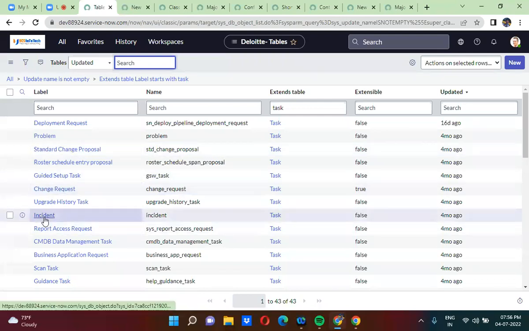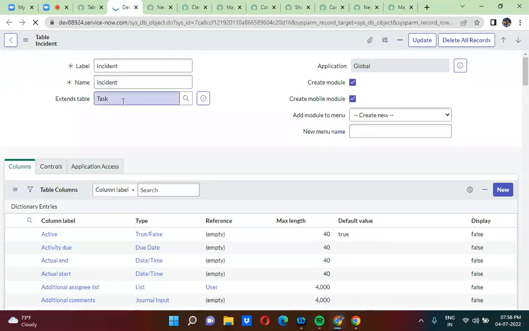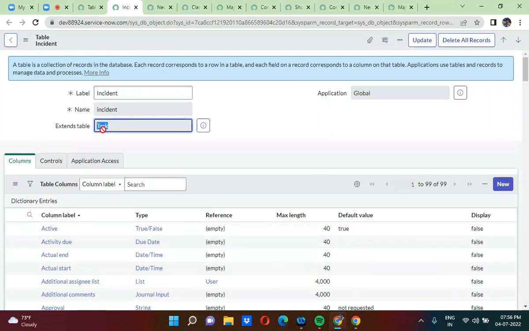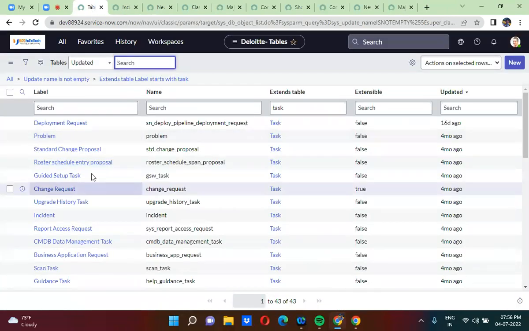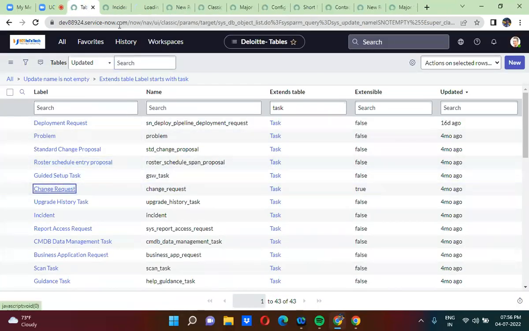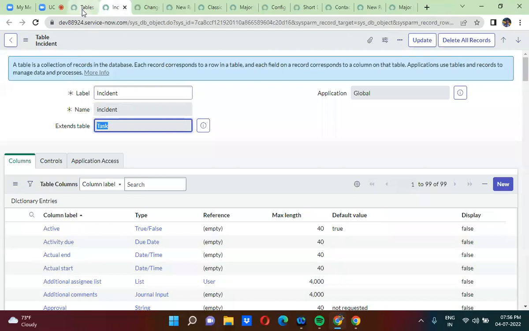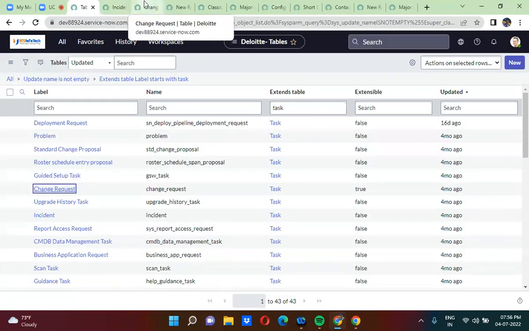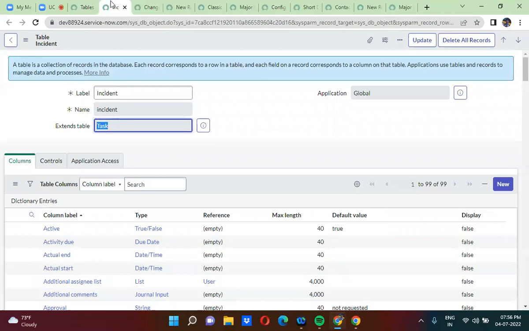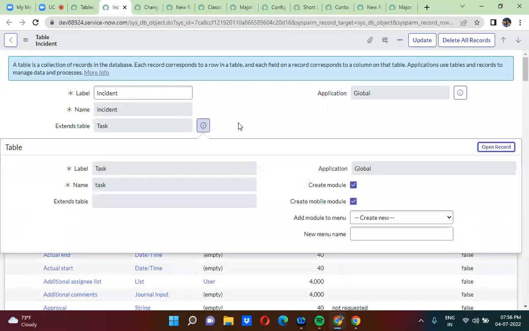Okay. So let me just open the incident table. Here incident is extending the task table. If you open the change request table, change request is also extending the task table. So guys, remember, if you open the task table here,